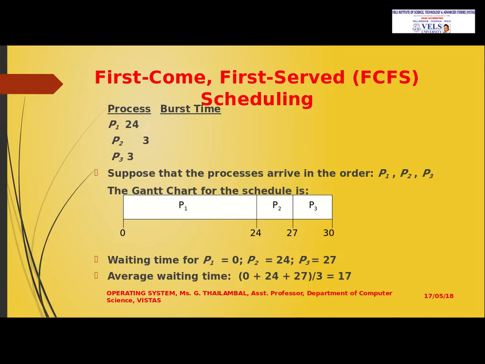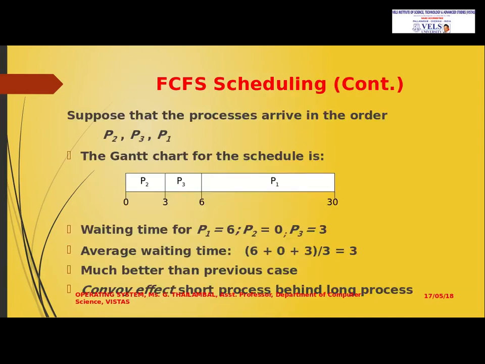So this is our first algorithm. According to this, it took 17 milliseconds to execute all three processes. And the same set of processes came in a different order: first P2, then P3, and then P1. So automatically the Gantt chart changes. It also took 30 milliseconds to complete, but anyway the waiting time of the processes gets